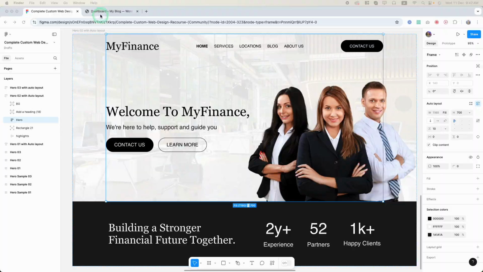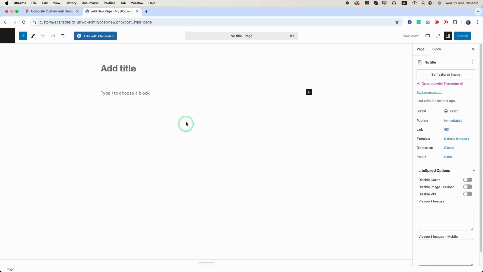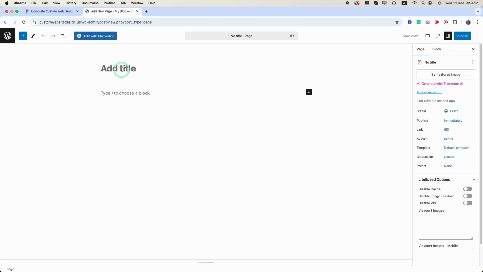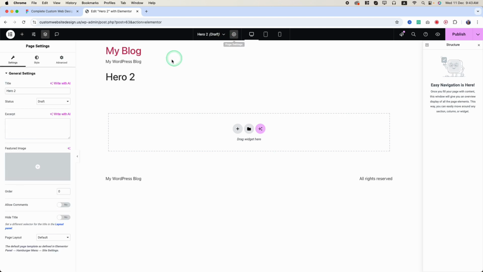So let's do it. First I go to the WordPress dashboard. Here I hover over this new and click on page. This is a shortcut to create a new page, and here I will add the title as hero 2. Then I click on this edit with Elementor button. Okay, now here we have the Elementor page, and now click on this page setting, and here change page layout